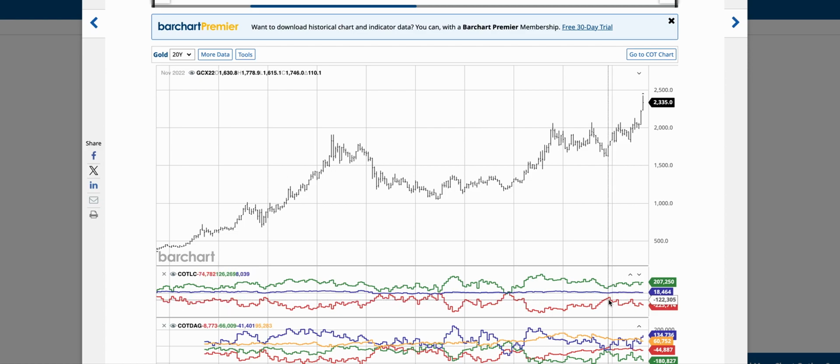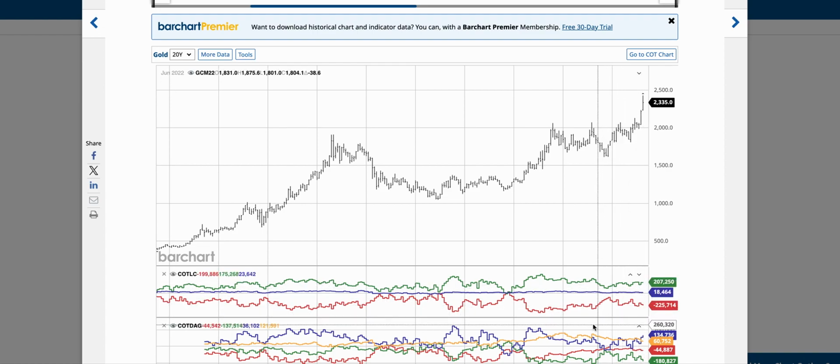So this is what we see, and then it reached a point where they began to sell. And as the market is going up, they are selling. The other group here, in green, are the large speculators. They were extremely bullish right at the top, and then they began to sell, whereas this group was aggressively buying. The commercials are still net short, and the speculators are still net long.